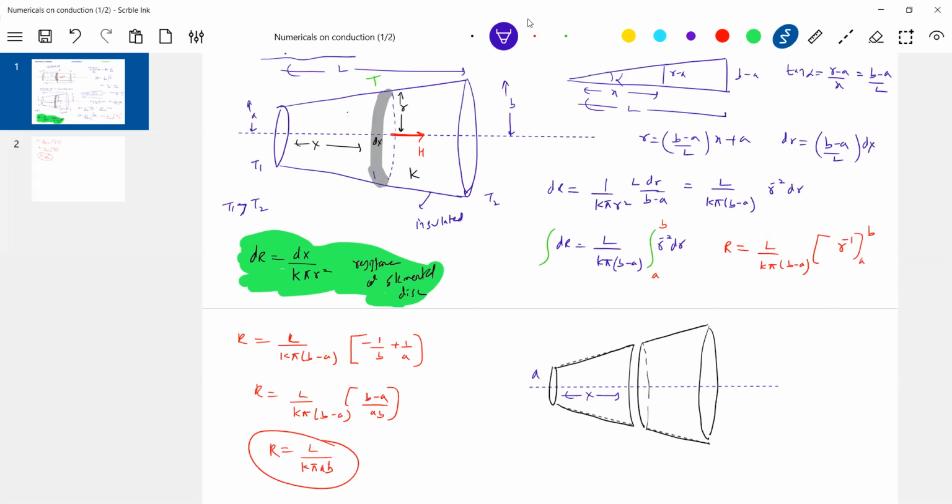What is the radius of this? Radius of this is R. What is the temperature at this particular point? Here the temperatures are T1 and T2, and the temperature here is T. What is the radius of this? This is R. What is the length of this? L minus X. The structures are like this. A simplified approach: it is the same structure, I am just breaking it into two parts.